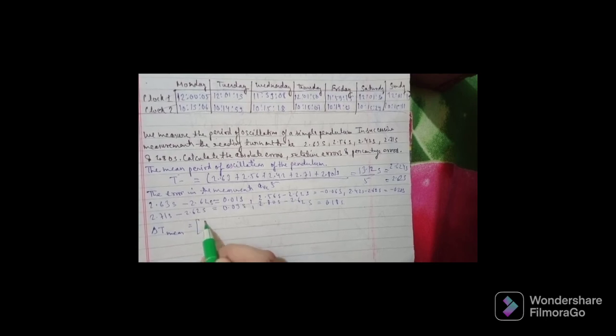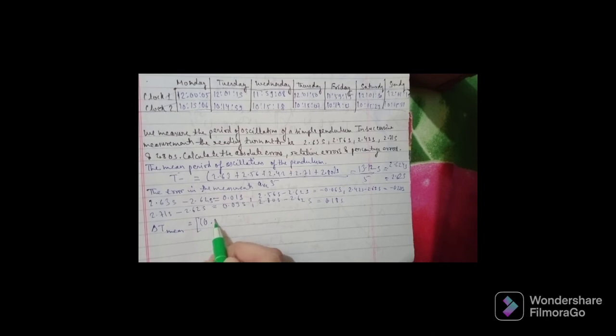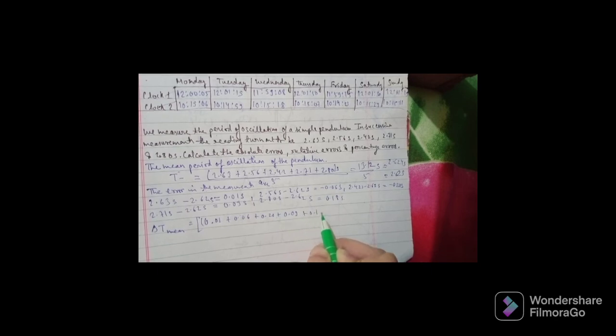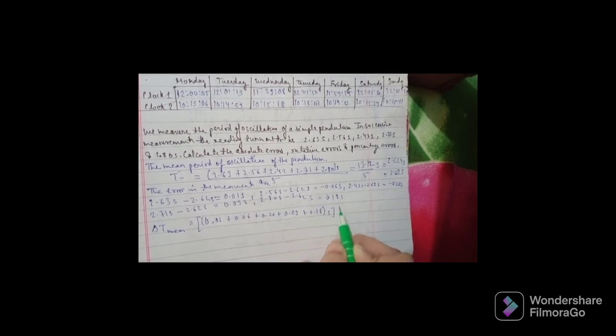Mean equals 0.01 plus 0.06 plus 0.20 plus 0.09 plus 0.18 seconds by 5, which equals 0.54 seconds by 5, and that will give you the value 0.11 seconds. That means the period of the oscillation of the simple pendulum is 2.62 plus minus 0.11 seconds,